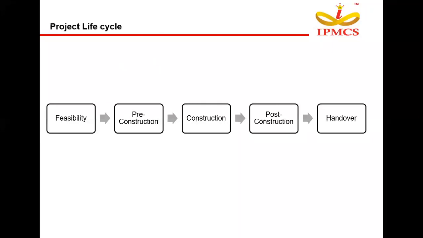In all these different construction projects, there is a project life cycle which starts from the feasibility stage. Irrespective of the sector or the type of construction project, this takes place in all types of projects. It starts from the feasibility or initial stage of the project, moves on to the pre-construction stage, and further moves on to the construction stage. Next comes post construction, and finally the handover stage. In all these stages of the project, we'll be calculating cost. And what type of cost will be calculated? Let's have a clear view.